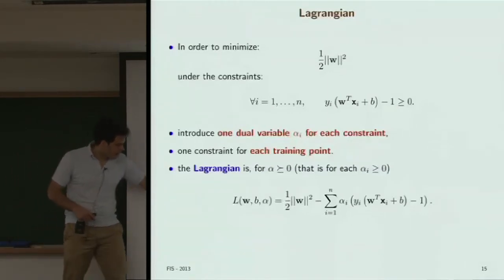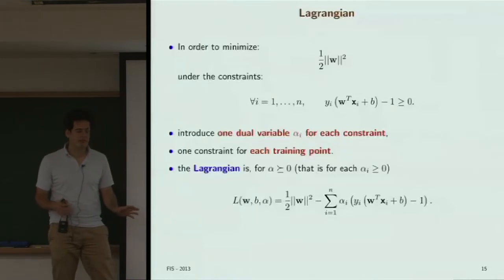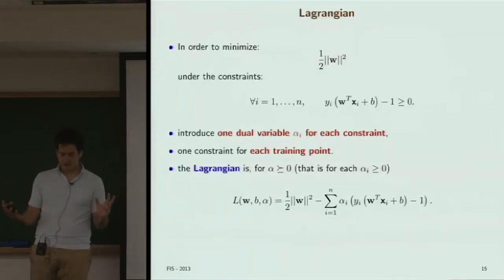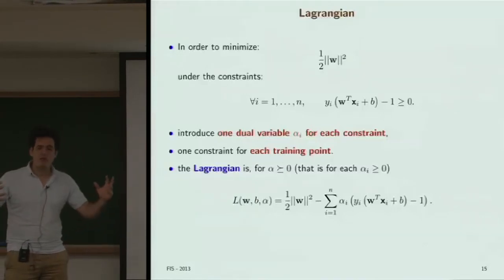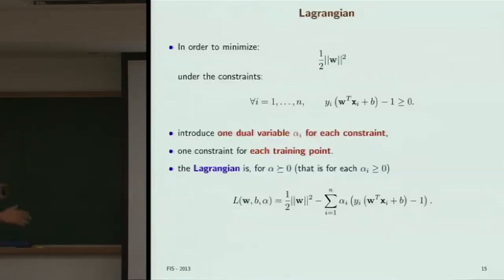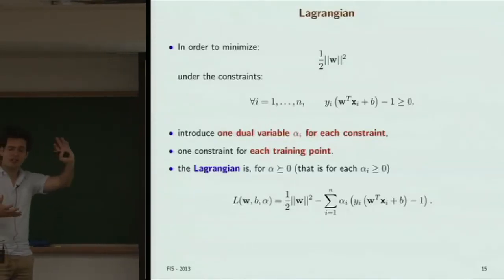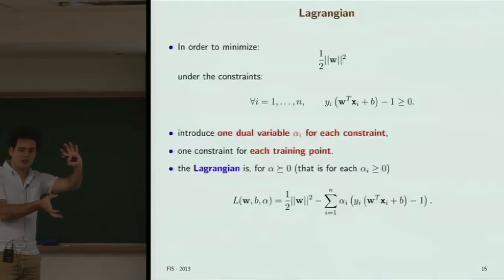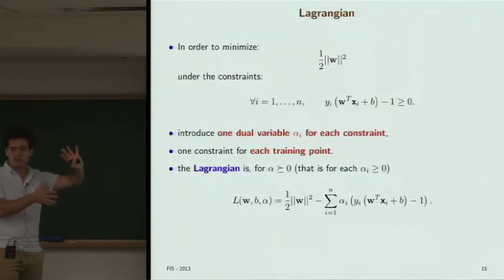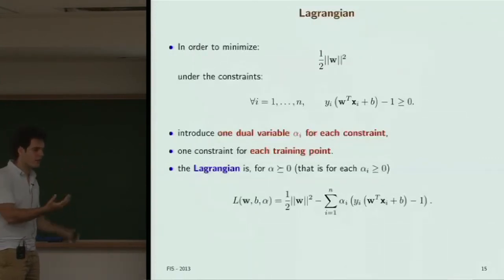And again, the Lagrangian here can be seen as a way to summarize your whole optimization problem. Here you had an optimization problem which was really split between objective and constraints. The objective is the function that you want to minimize, and each constraint is something that you want to see observed for each x. You really want (W transpose xi plus b) times yi minus 1 to be non-negative. Now if you take a more